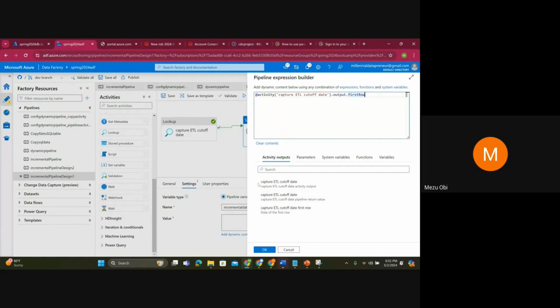If one doesn't work, you can try another one. But this is the one I'm gonna use because that's matching the hierarchy I saw in the output. And I selected that one, and